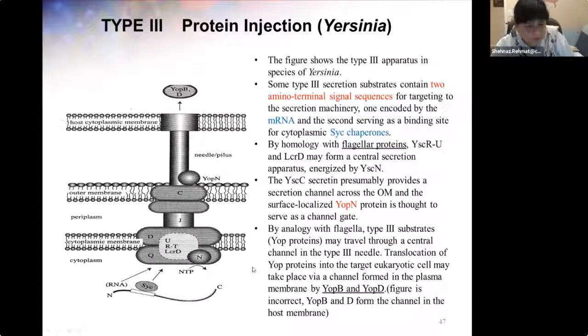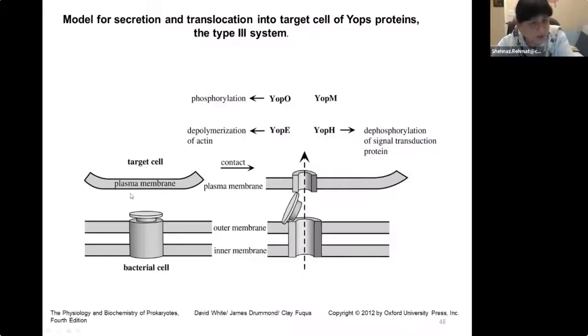If you look at the next slide, you can see that this system has a cap. Remember in the flagella I told you there is a cap protein. If this cap protein is opened up or it's not there, then whatever the flagella subunits are will be excreted out. So in this also, in the Yersinia, the channel is formed between the inner and the outer membrane, and there is a cap there. But when it comes near to the host cell, the cap has to be